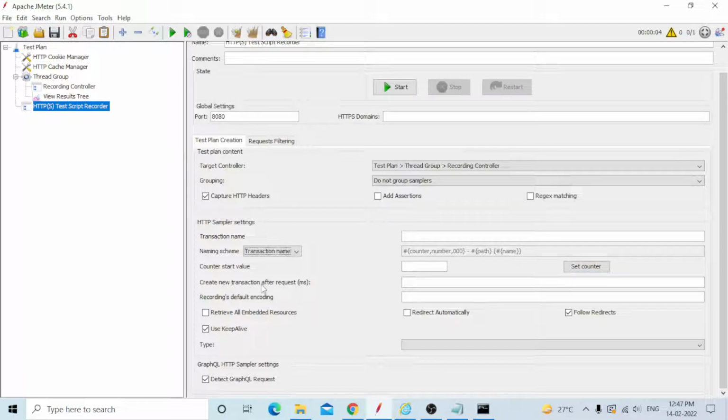Create new transaction after request. Okay, create new transaction after request means once you capture the request, only after that the new transaction will be generated automatically. You do not need to provide it, just provide the name. Actually, once you start the recording, there is a box that will be generated where you provide the transaction names. But in this place, whatever name you provide, that one will keep on being generated. Recording default encoding,